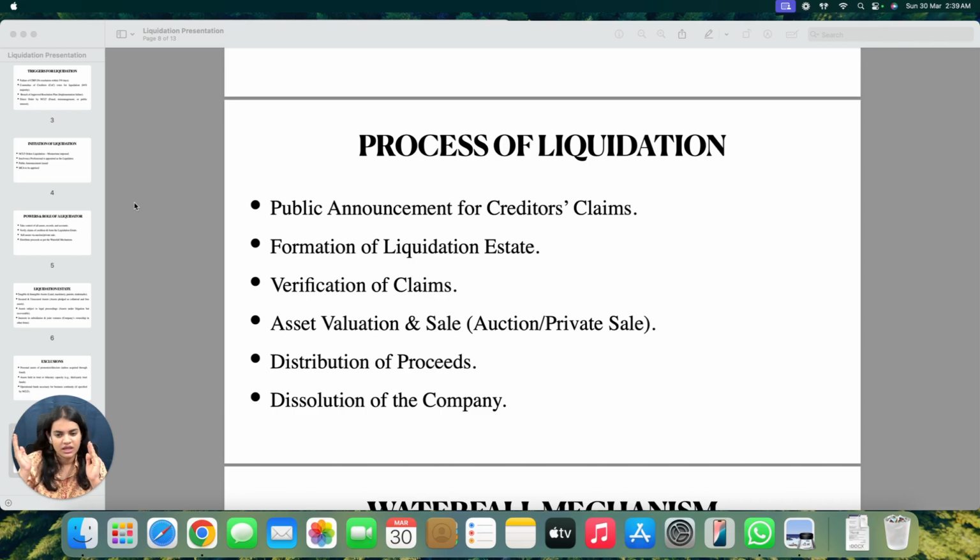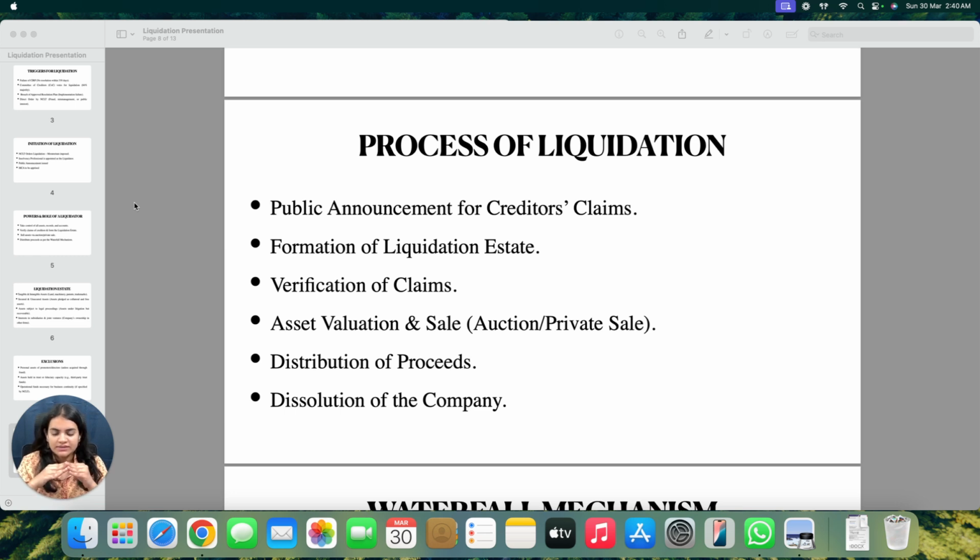Just like in CIRP, a third valuer may be appointed for whichever class. If the discrepancy is only for one particular class, then a valuer only for that particular class of asset may be appointed, and the valuation given by the third valuer will be compared against the first and the second valuer. Whichever valuation the third valuation comes close to will be taken, and the average of those two values will be considered as the valuation for the entity.